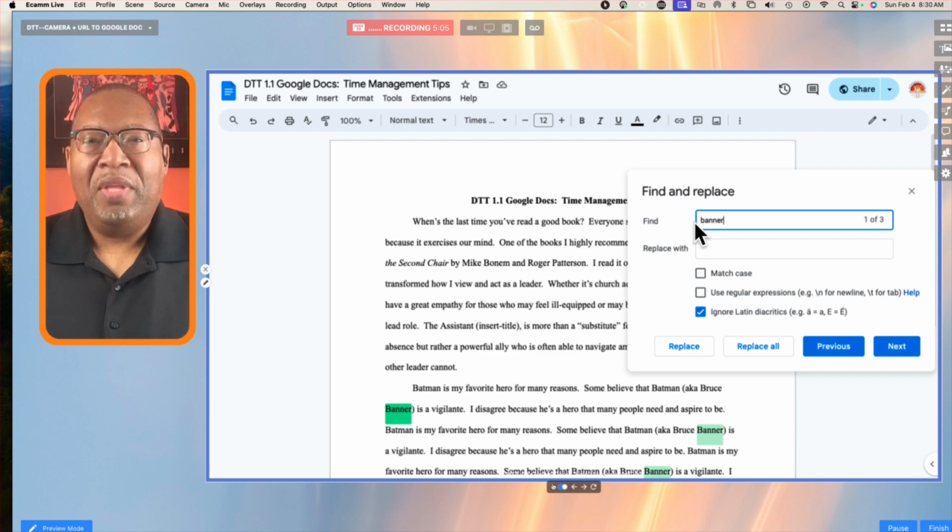Well, here in these paragraphs, I have actually purposely, mistakenly typed that Batman's secret identity is Bruce Wayne. I'm sorry, it's Bruce Banner. In actuality, it's Bruce Wayne. So I want to find and replace all the occurrences of the word Banner and replace it with the word Wayne. So again, looking back up at the find and replace box you have there,